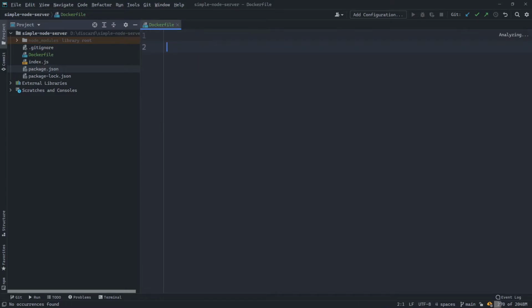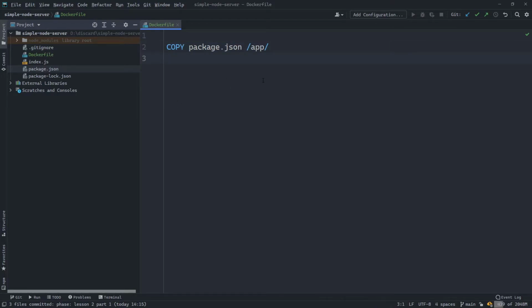For example, we want this package.json file in our container. So we can copy our package.json file from the repository root and put it anywhere on the container. For our example, we will put it inside the app directory. So this copy command provides a new layer to your file system inside the container.